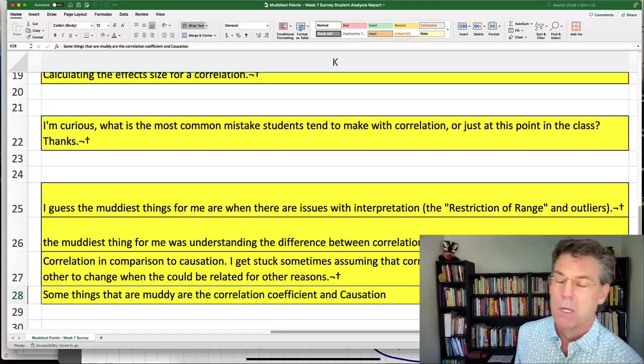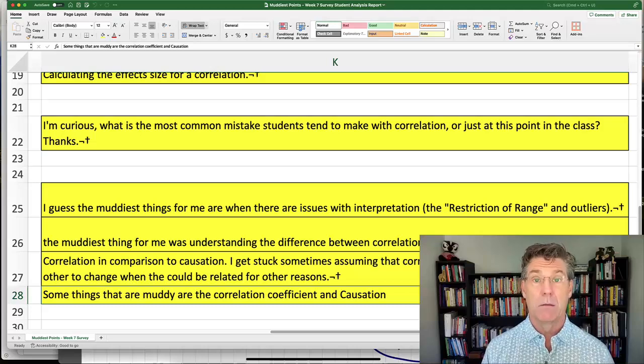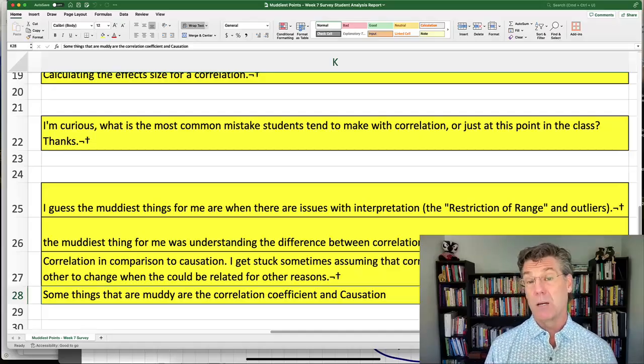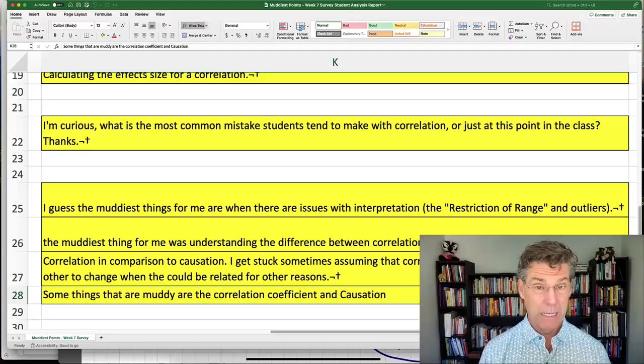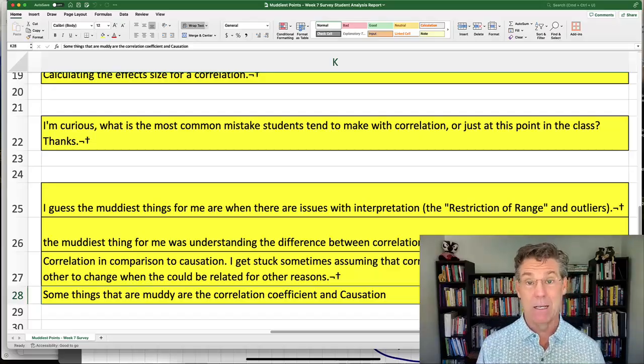Okay, so a phrase that you want to just memorize for the rest of your life, honestly. It is a very important takeaway from this entire class. Correlation does not mean causation. Just that phrase. Correlation does not mean causation. Because two variables appearing to be related to each other statistically does not mean much. It is just that they seem to be connected.